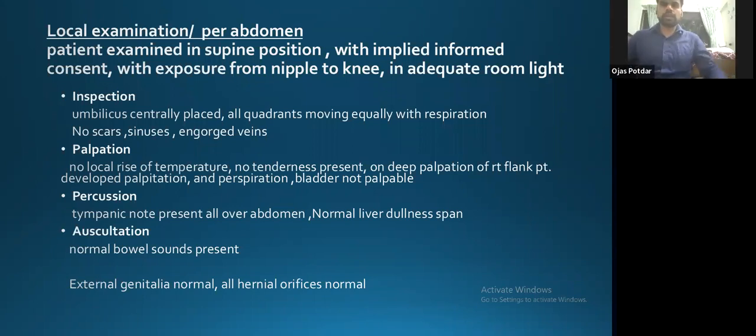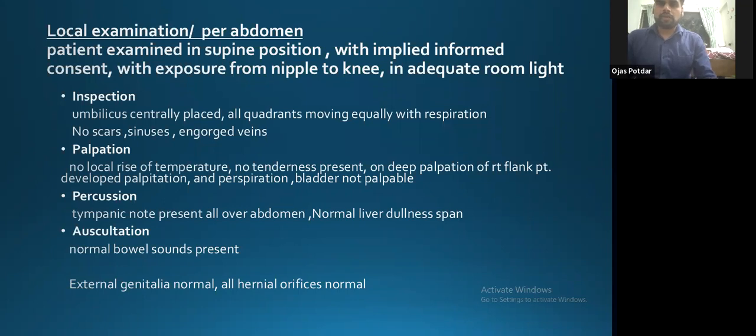So I would like to do general investigation and specific investigation. General investigation will include a complete blood count, a renal function test, thyroid profile, TSH, T3, T4 levels, and specific investigation would be an ultrasonography of the abdomen plus pelvis, with probably added renal Doppler, and also check for